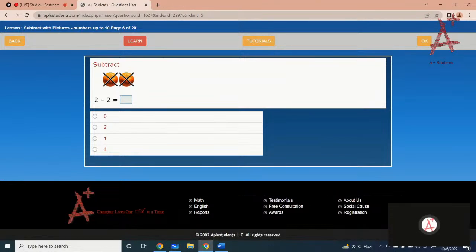Okay, now you have 2 of the oranges given and they are crossed out. You need to find 2 subtract 2. You need to count the ones that are not crossed out. So how many of them are not crossed out? 2 subtract 2 is